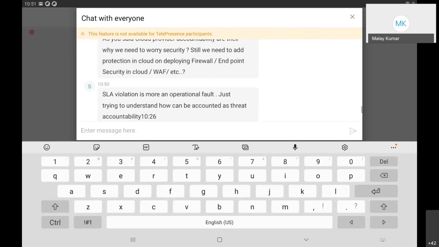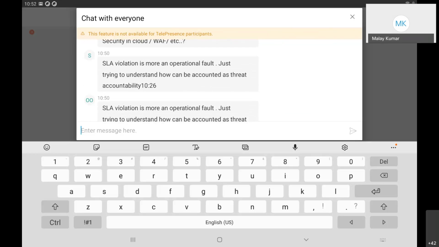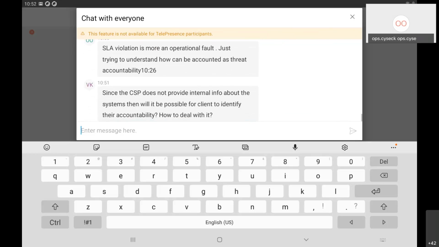Any other question, guys? So I think there's one more question on CSP. It is in the chat window. Okay, the last one. Yeah. No, about that SLA violation also I have asked, sir. Please. SLA violation,